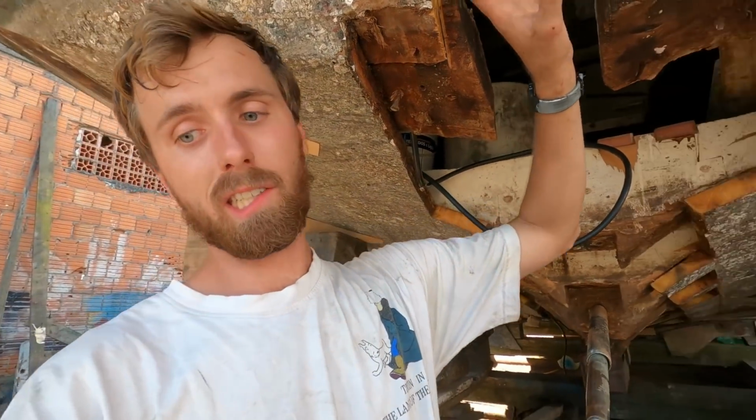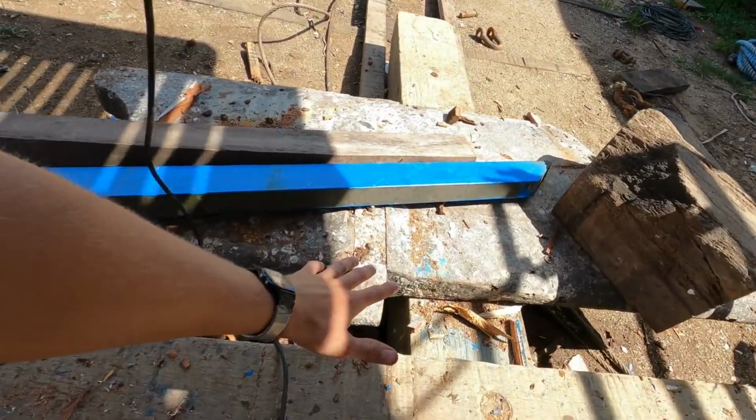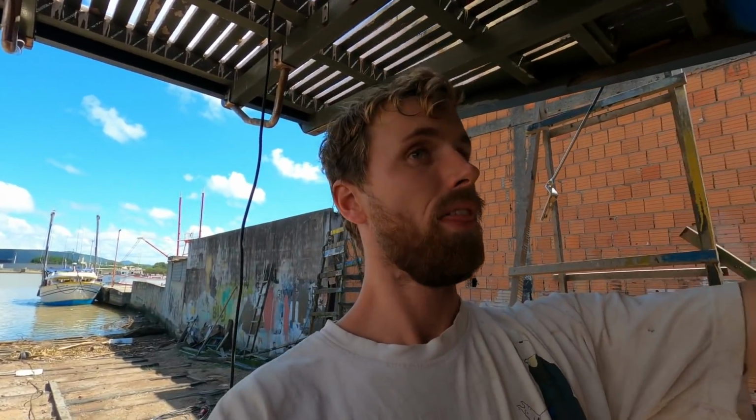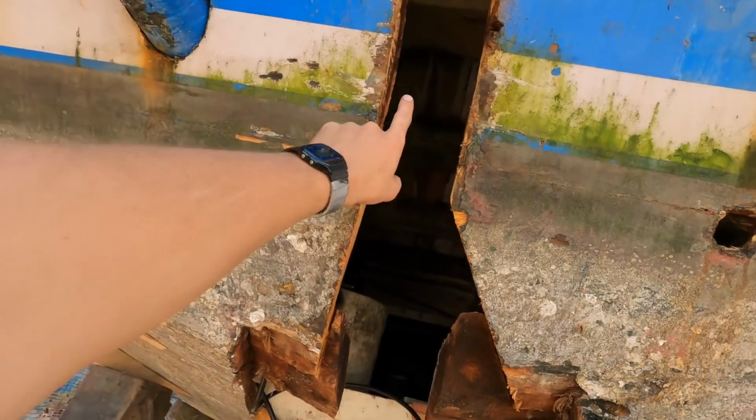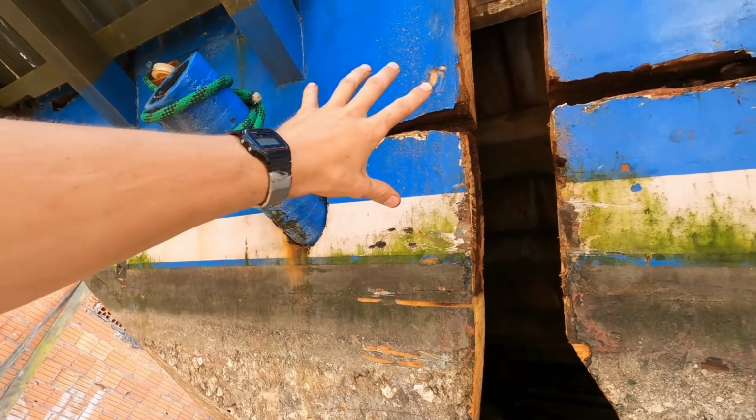More exciting moments for Yabá. So, I'll start from the beginning. Very beginning. We had to remove a big piece from here, which meant we had to remove the rudder, which is that blue and dirty bit over here. To remove that as well, we had to remove a big piece of wood out of there and realize that the back of our boat, what the stern was